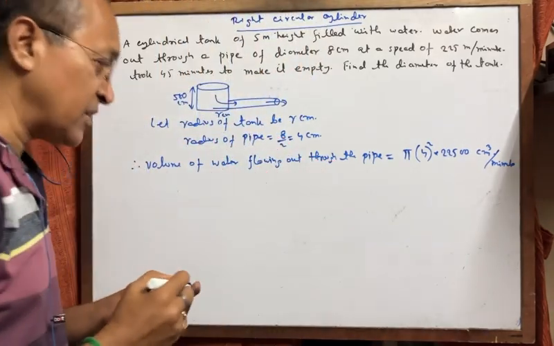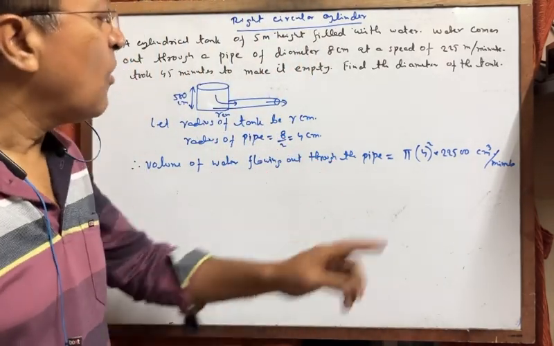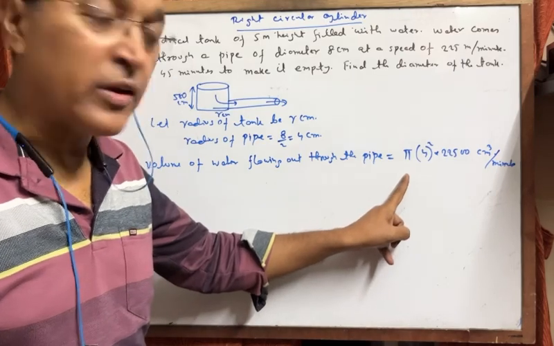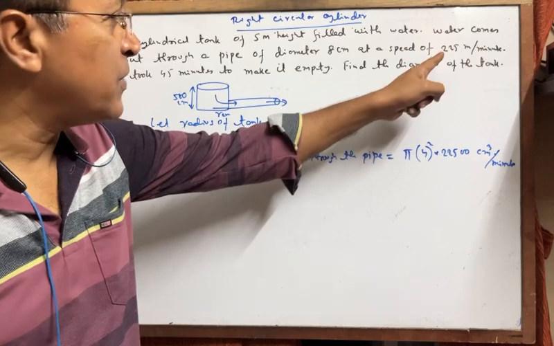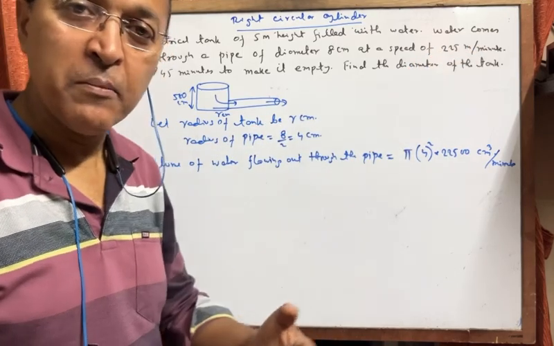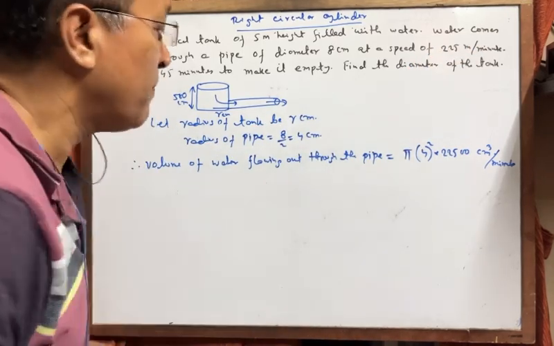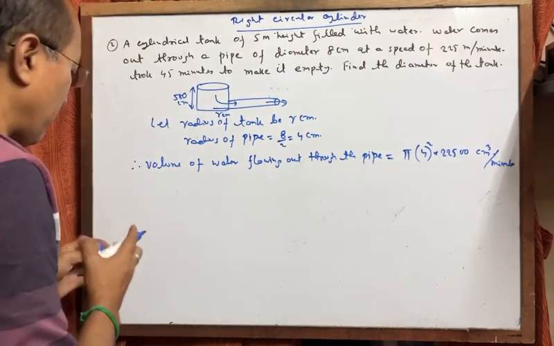So in 1 minute, the volume of water flowing out is pi 4 square into 22500 cubic centimeter, because it is given as 225 meter. Meter is being converted to centimeter, right? So by the problem,